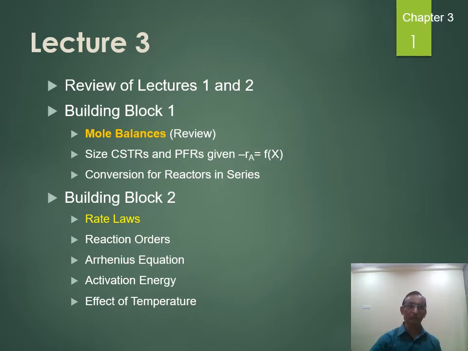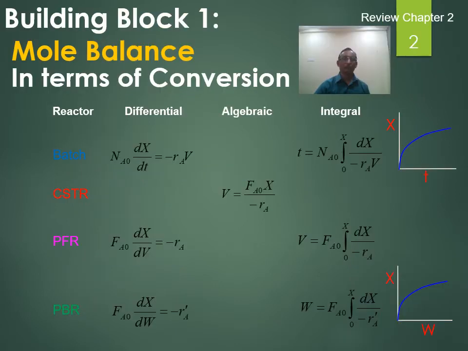So these points you have studied by taking the help of the mole balance. This information is basically required in all the chapters. That is, the mole balance is the basic one, then sizing of the reactors, then the design equations by considering the conversion parameter. So with the help of these three equations, we are going to study now how we are going to define the rate law and find out the reaction orders. In the first unit we studied the design equation in the differential form as well as the integral form. For the batch reactor we have 1 by V